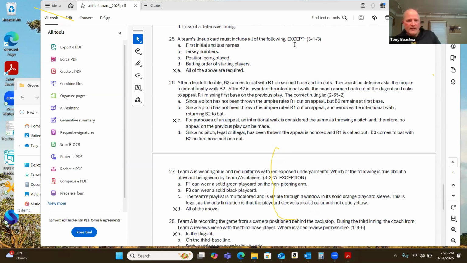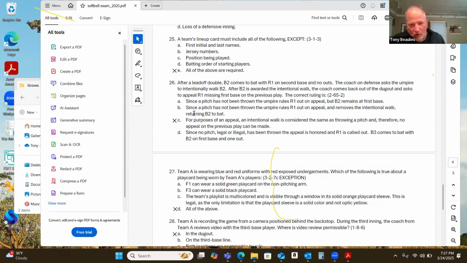Number 26, after a leadoff double, B2 comes to bat with R1 on second base and no outs. The coach on defense asks the umpire to intentionally walk B2. After B2 is awarded the intentional walk, the coach comes back out of the dugout and asks to appeal R1 missing first base on the previous play. The correct ruling is,